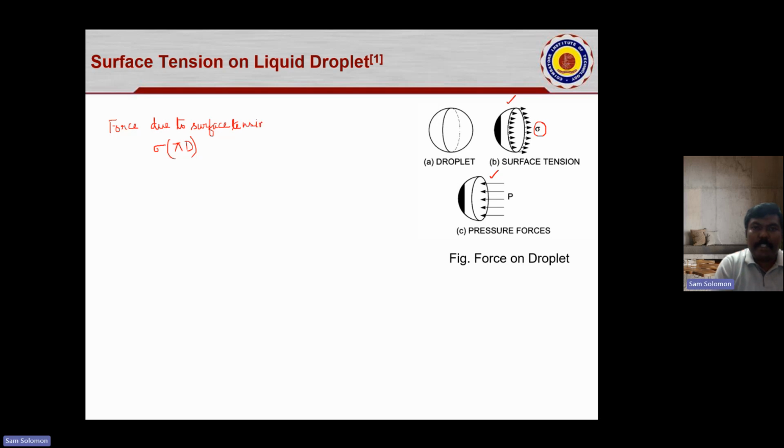This can be represented by sigma times pi d. And this is the force that is acting on the left half of your droplet. And then I have the right hand side of the droplet. This has to be inverted. And if we look at the right hand side of the droplet, we will see that there is this pressure force which is acting on the cross-sectional